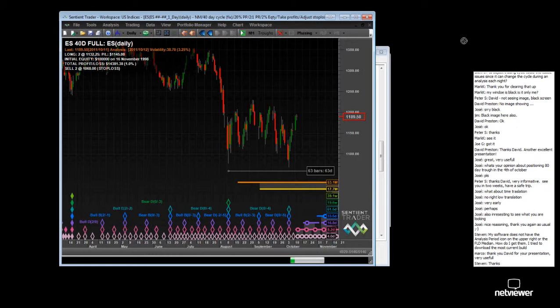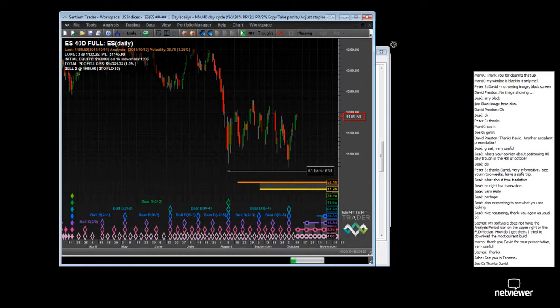Sentient Trader has been designed for fairly high resolution screens, but we don't make it a minimum system requirement, because even under low screen resolution